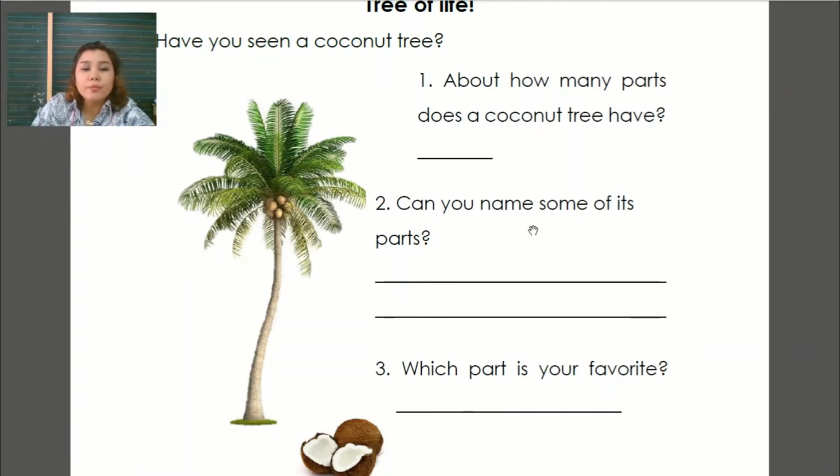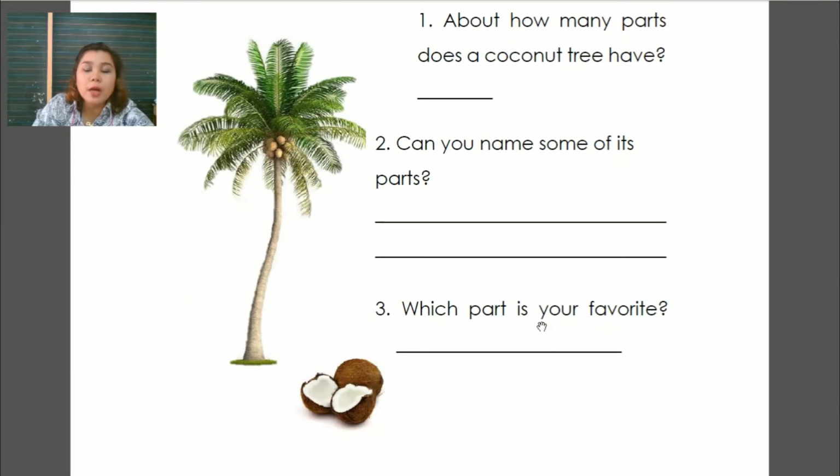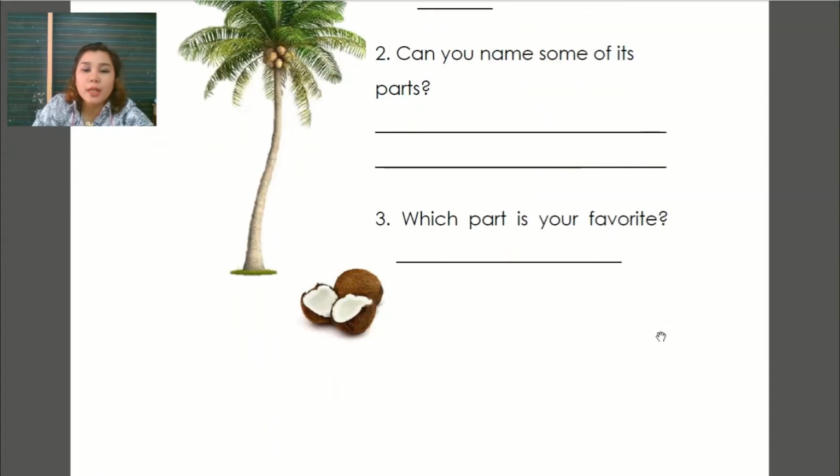Next, number 2, can you name some of its parts? After you counted those parts, for number 2, you are to write those that you counted. If you answered 4, then your answer will be 4 parts, or if there are more, then you list them down. And then number 3, which part is your favorite? Among the parts that you listed on number 2, choose one which is your favorite. Okay, when you're done,